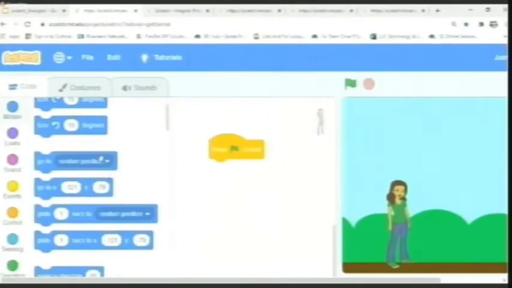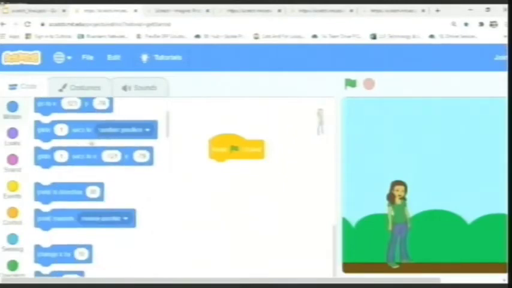When I look at the motion blocks, there are turn, move, and something called glide. This is the particular block we are looking at. Gliding is merely like sliding across the screen, a gentle movement across the screen so that it won't be noticed, unlike the move block.